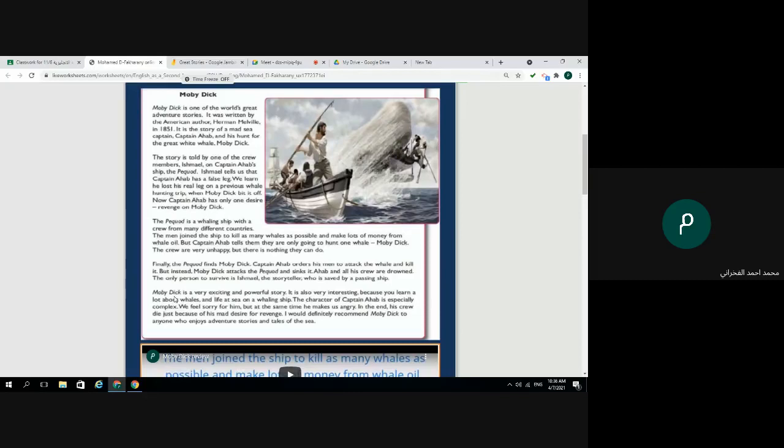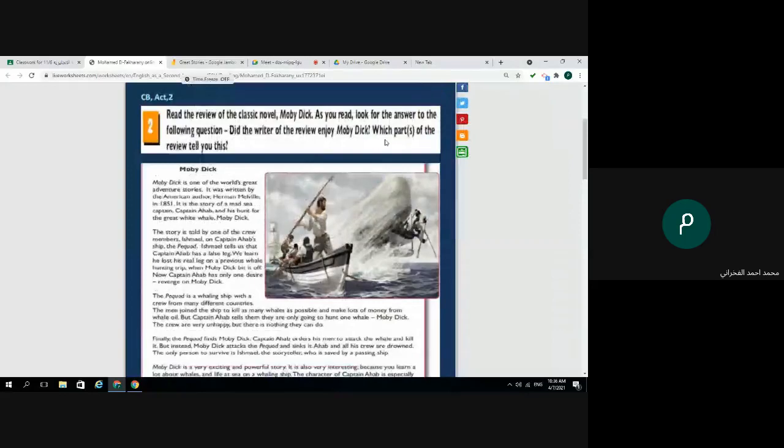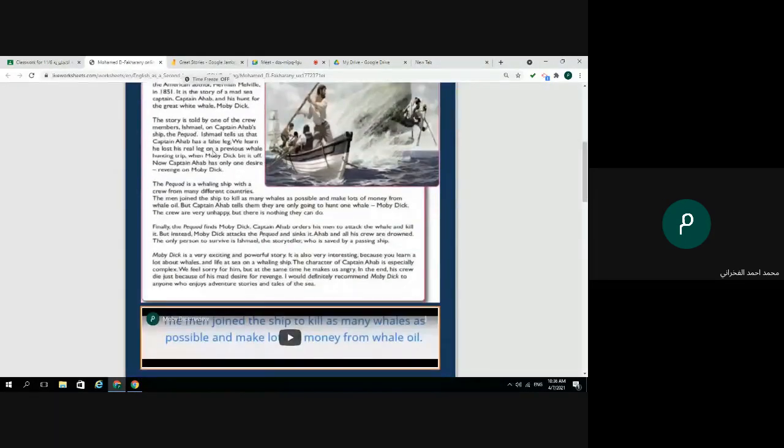In which paragraph? The last one. Okay, can anybody give me a clear reason or a clear discussion about this? Which part of the review tells you this? The last one. Which sentences?